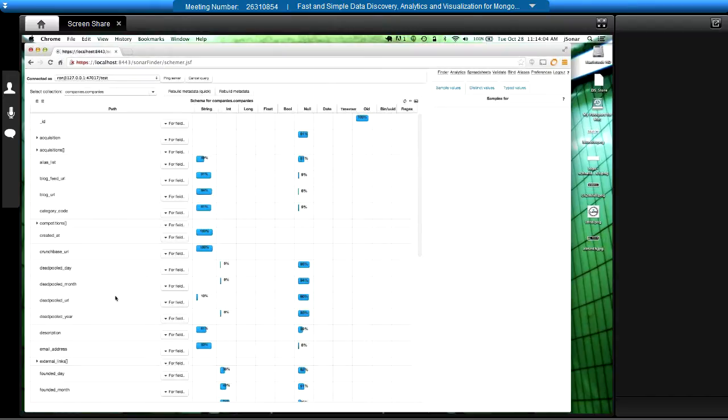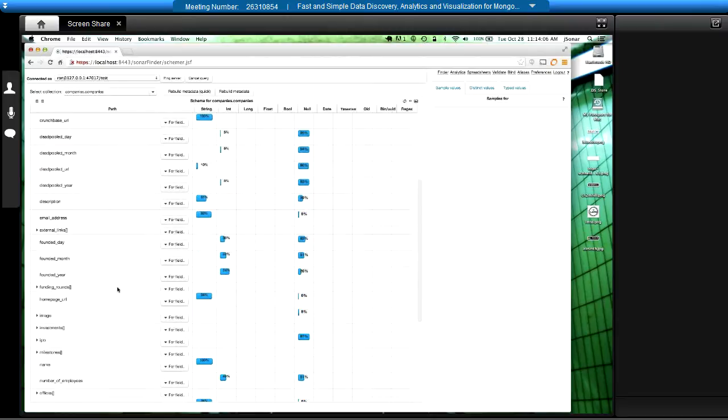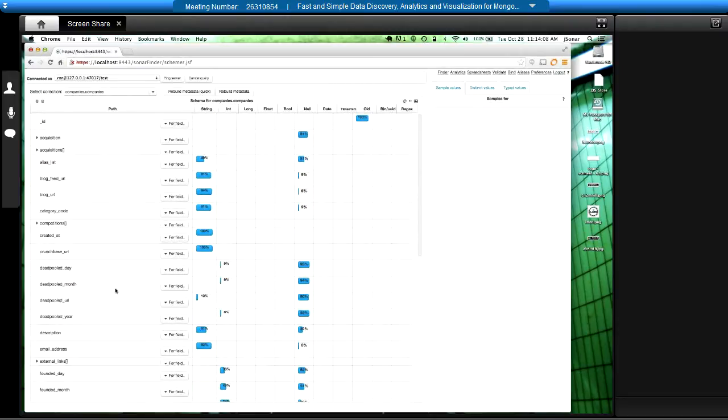So what do I see here? On the left-hand side, I see all the fields that exist in all of the documents inside this collection. And per field, it shows me what the data type is. So for example, you can see that some of them are very consistent. Like for example, every document has an ID and it's an OID type. Every document has a created at field, and it's always a string. But you can see here that some of these are null. So for example,